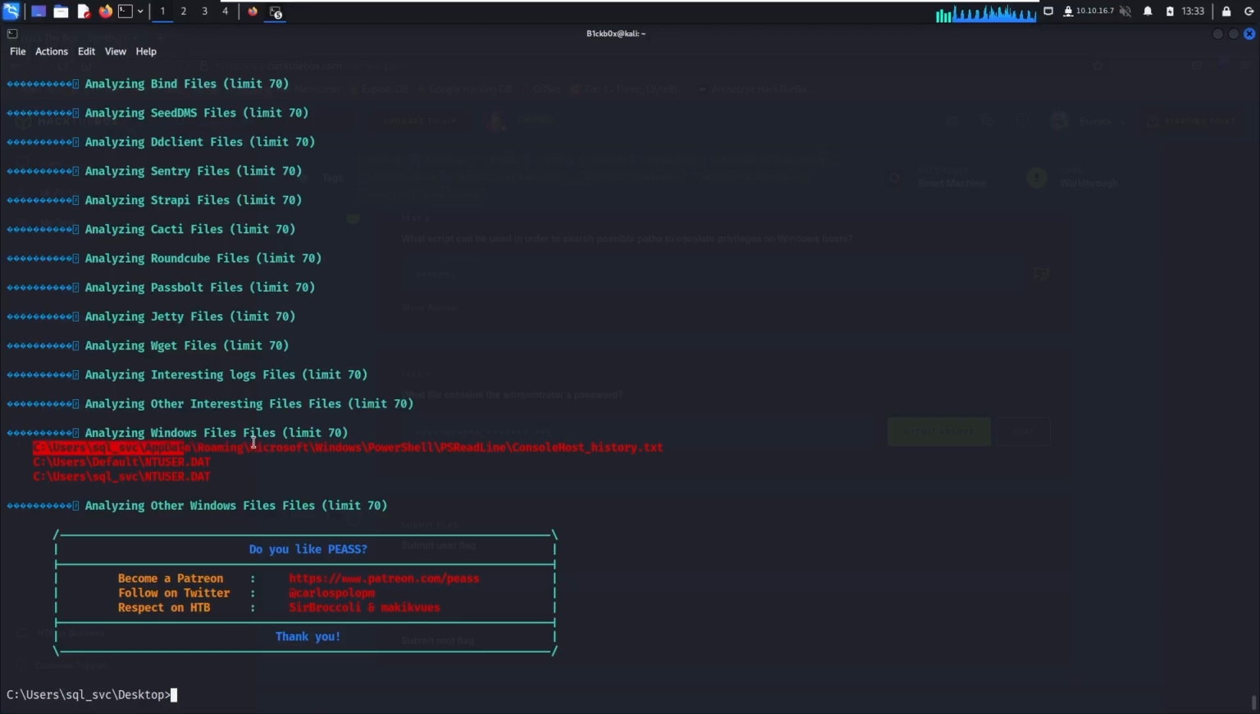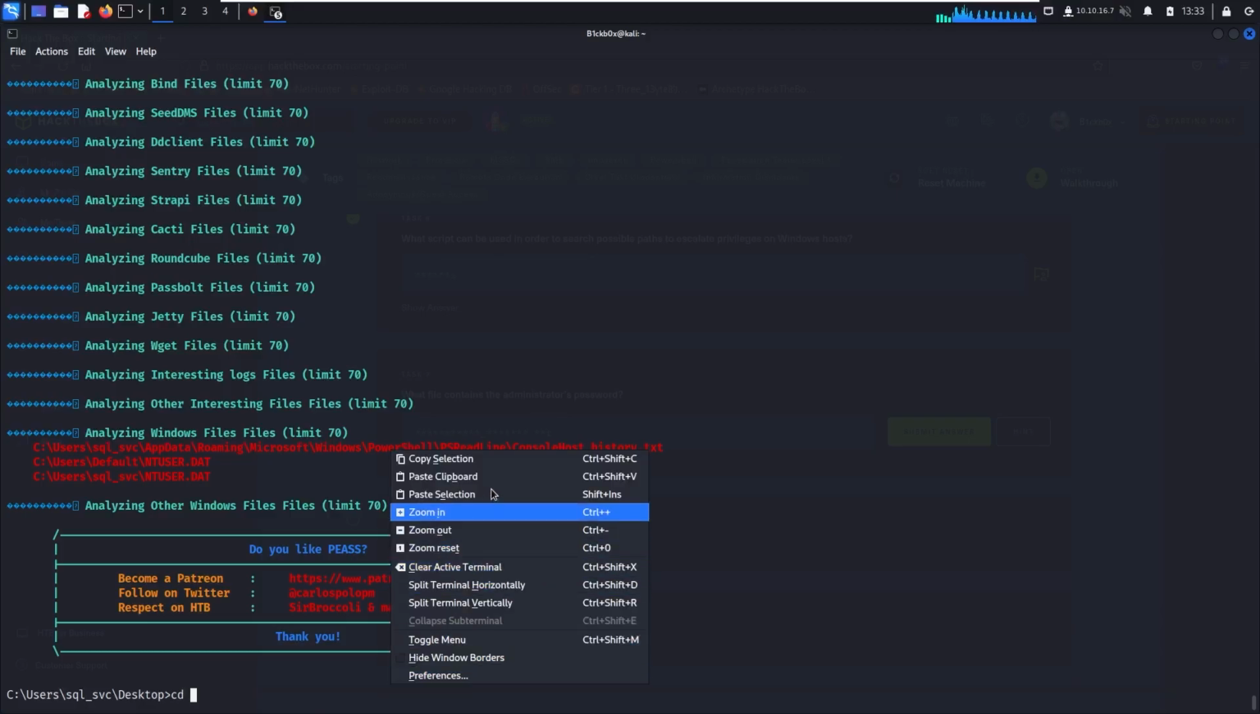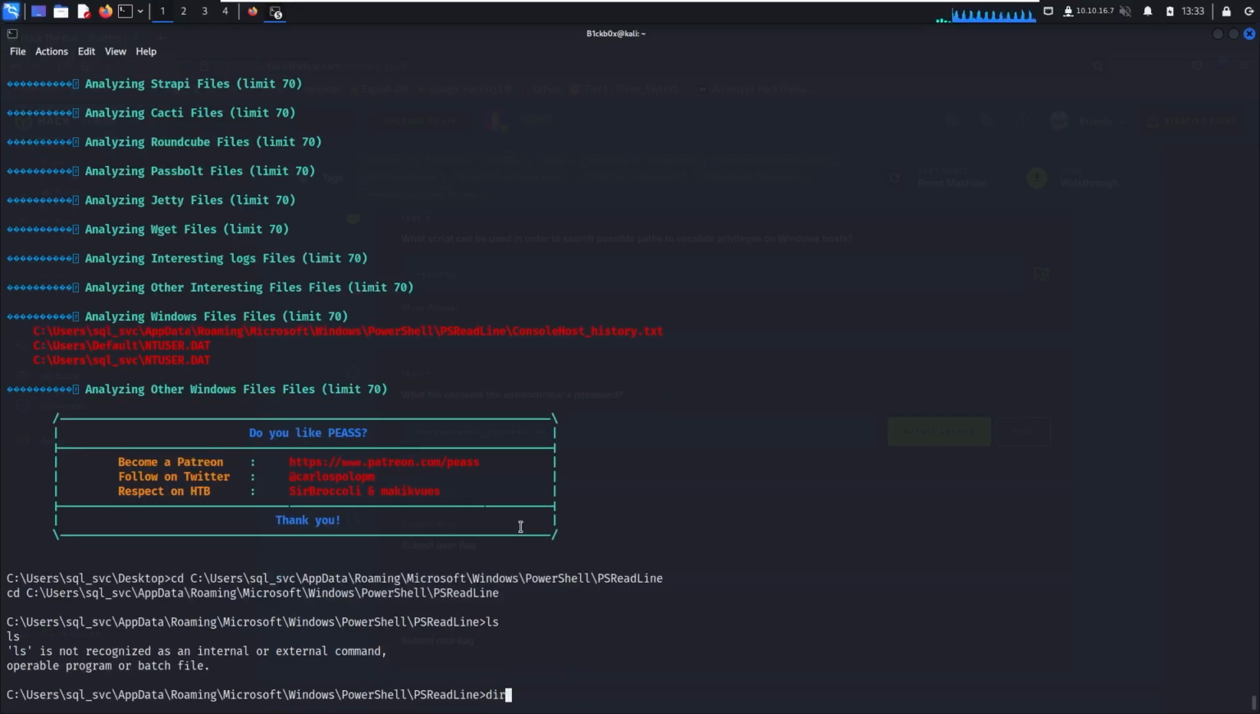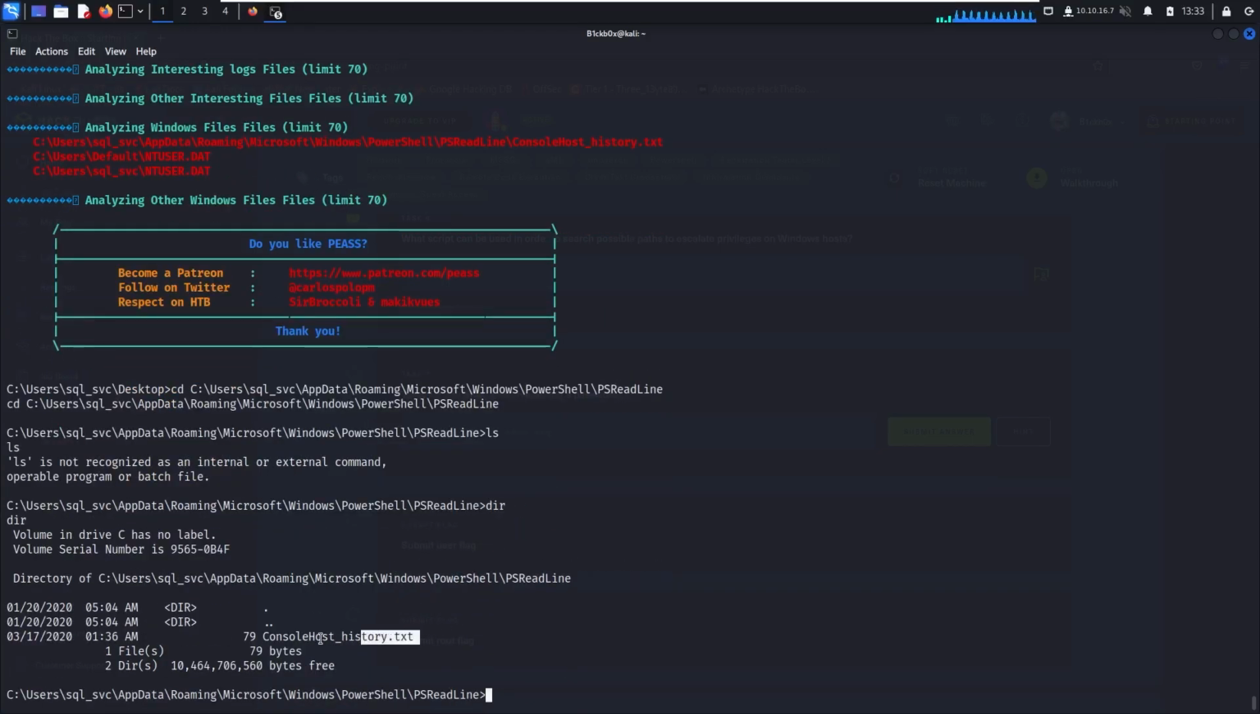So we could first go to the first one right here, and I'm just going to copy this one. I'm not copying this because we can't cd into a file, we can only cd into a directory, so we're cding into this directory. So we use cd and then just paste it, this clipboard, and we can see this console_history.txt file, and if I use type console_history.txt,